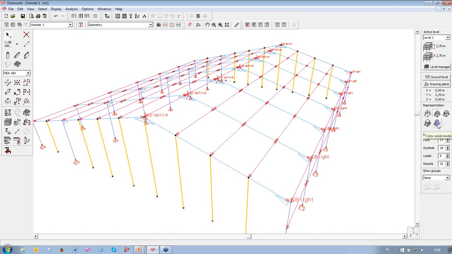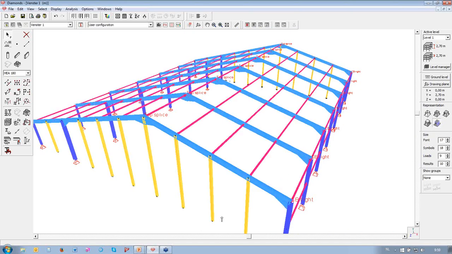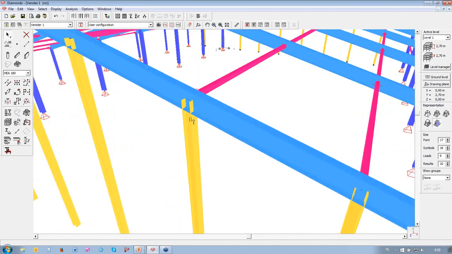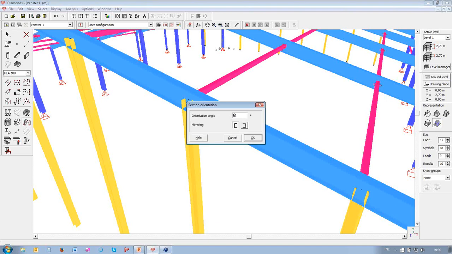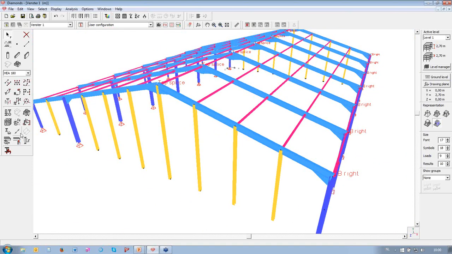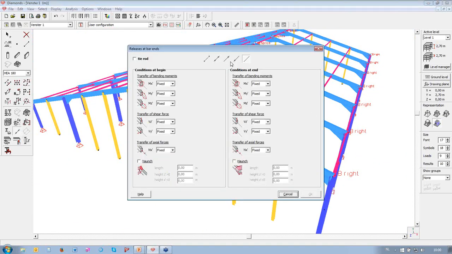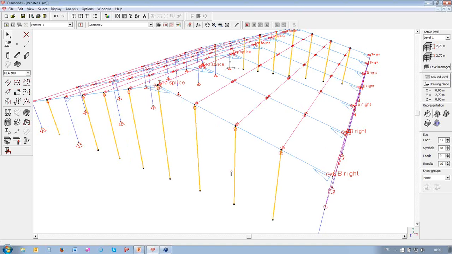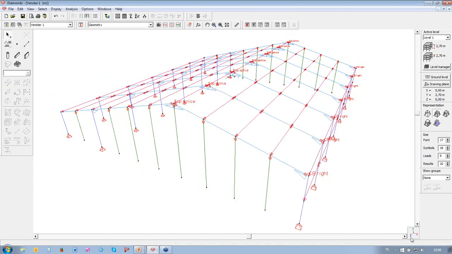Well, let's take first a look at the 3D color solid mode, and you can see over there that the columns are maybe oriented in a non-practical way. So I think the wisest thing to do over here is rotate them over 90 degrees all at once, and we can also add a hinge on top, like that. So we have the hinges on top, and then we can